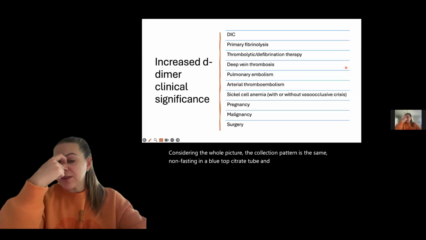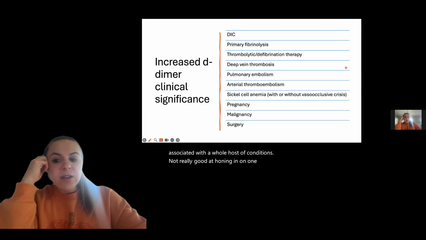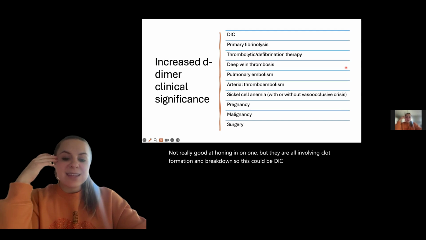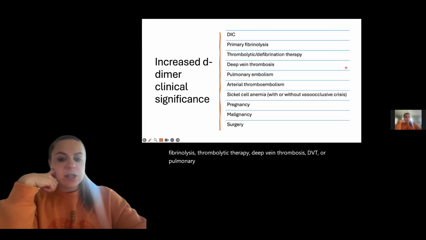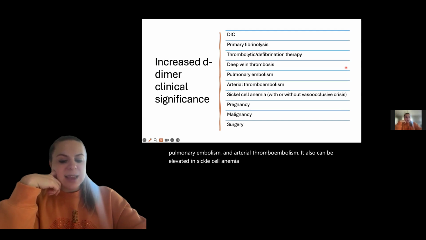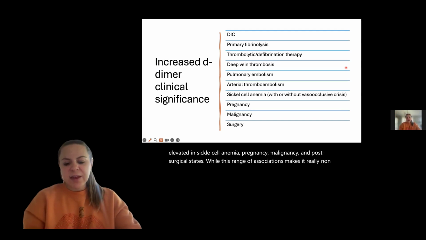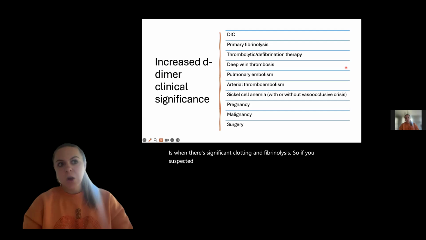And when it's increased, it's associated with a whole host of conditions. It's not really good at honing in on one, but they are all involving clot formation and breakdown. So this could be DIC, primary fibrinolysis, thrombolytic therapy, deep vein thrombosis, DVT, or pulmonary embolism, and arterial thromboembolism. It also can be elevated in sickle cell anemia, pregnancy, malignancy, and post-surgical states. While this range of associations makes it really non-specific, the test is valuable because of its sensitivity. It almost always rises when there's significant clotting and fibrinolysis. So if you suspected a clot, got a D-dimer, and it was negative, you could rule that out, which is